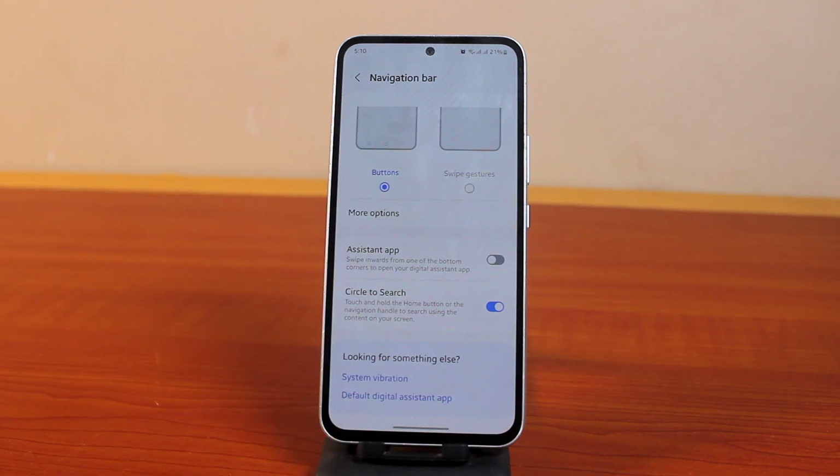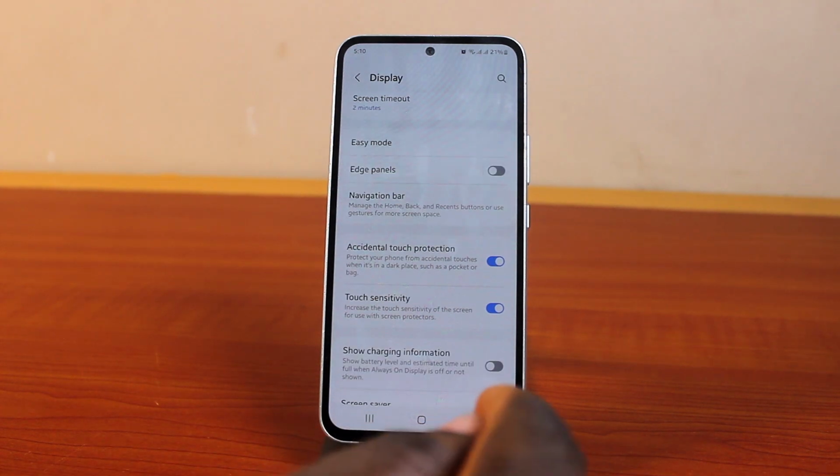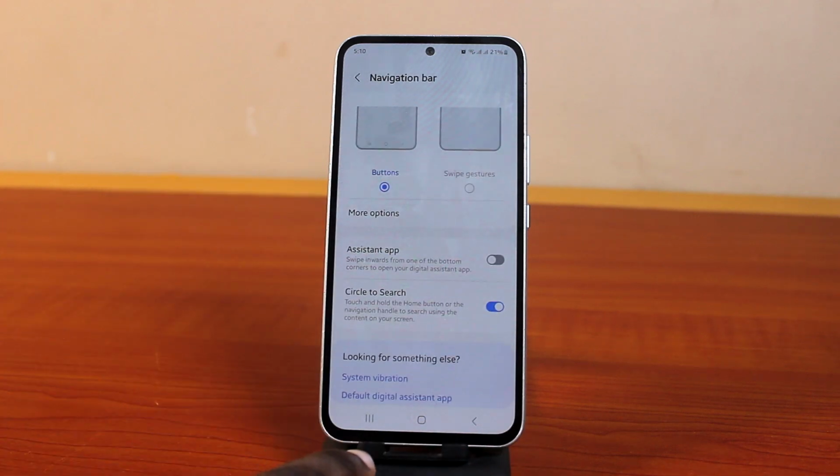Now once you've selected buttons, you see the swipe gestures change to buttons here. Now you can go ahead and hit the back button to start using the back button or buttons on your Android phone. However, if you want to customize the back button, if the back button is at the bottom right